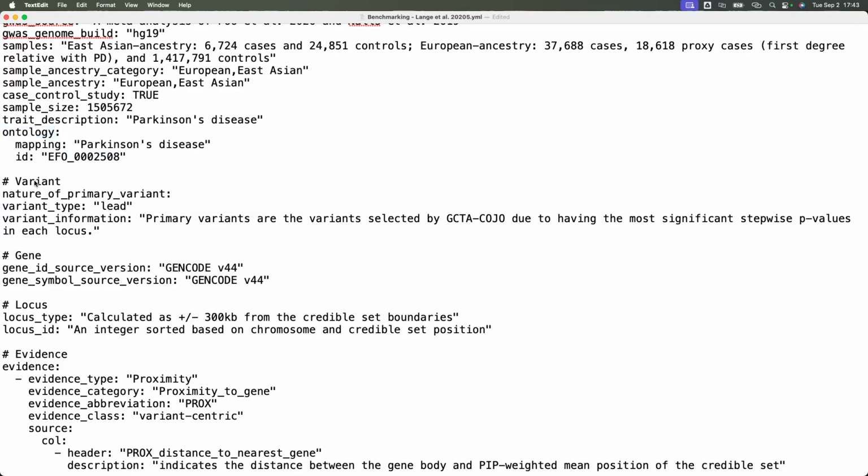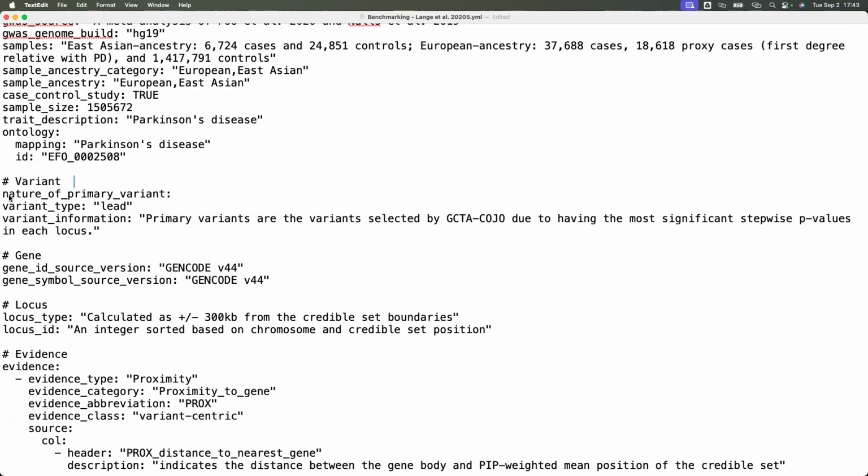I won't say too much more. A few other points: for the nature of your primary variant, I think all of the examples were focused around, is it the variant with the lowest p-value, or is it the variant with the highest PIP? Here we ran GCTA-COJO, which does a stepwise procedure of picking variants.